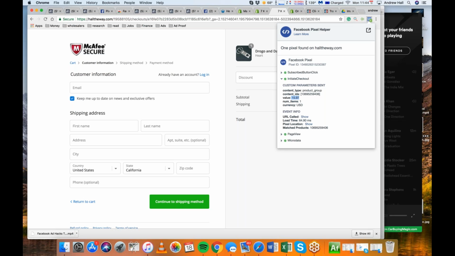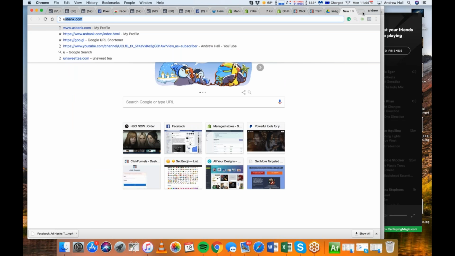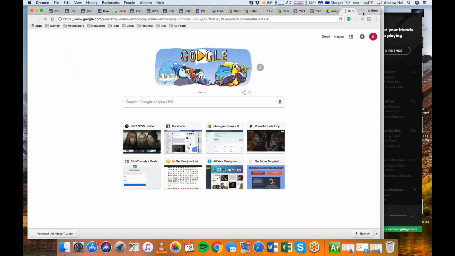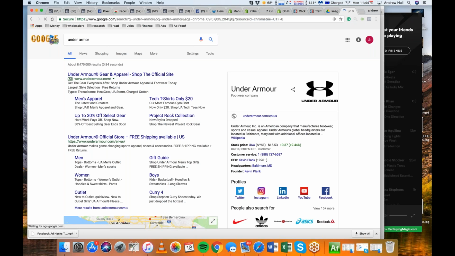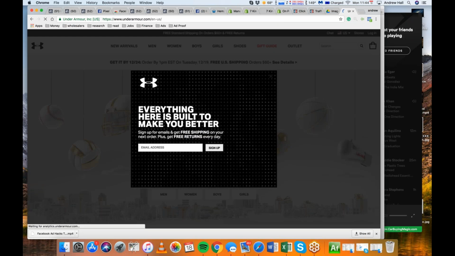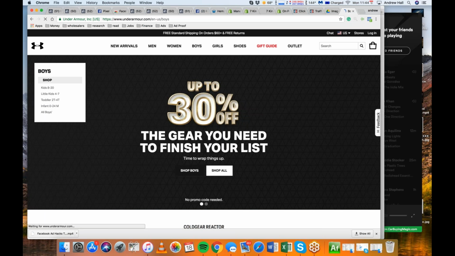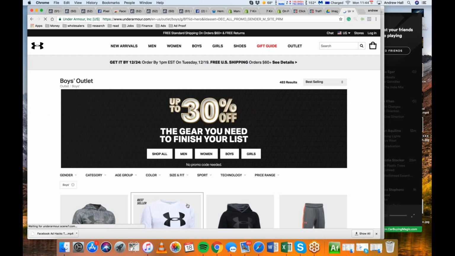And then you can do that on your ClickFunnels. And then let's watch this. If we go to something like Under Armour.com, watch how many pixels. They probably have like 8 pixels set up. Something crazy. When you go to these big websites, you'll start realizing how many pixels they have set up. Maybe they only have 2. Who knows? They have 4 pixels set up on this. Shop Boys. We'll just click on a product real quick.